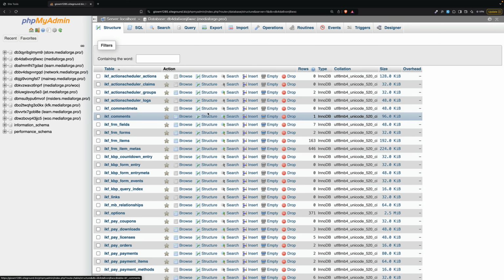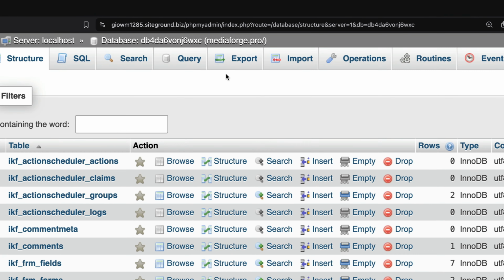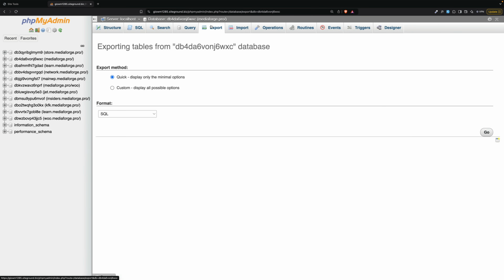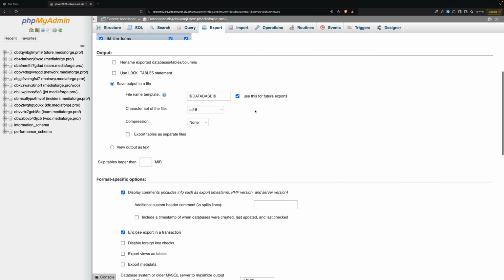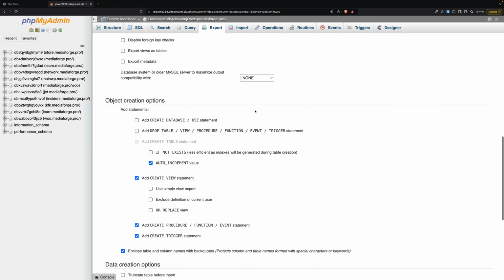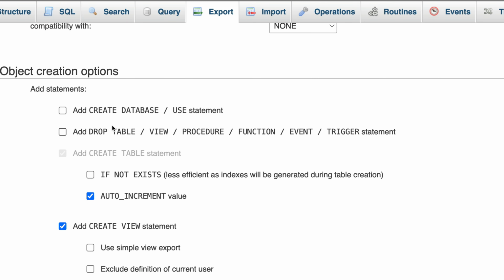You export. So I've just clicked on that database and see all my tables, and now I'm going to click the export button at the top. Now, you're going to need to do custom, but you're only going to need to change one thing. So this is going to look a little spooky, but don't worry about it. So you have all these options. What you want is this one right here, add drop table.